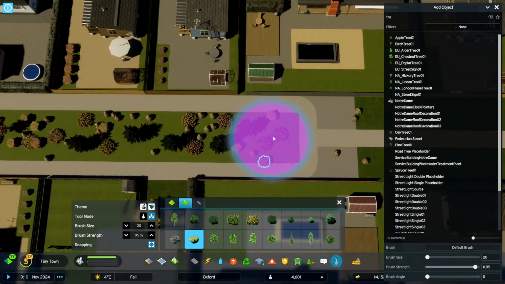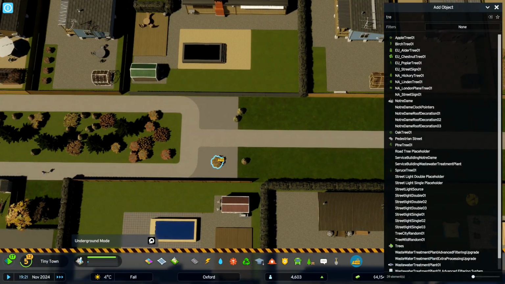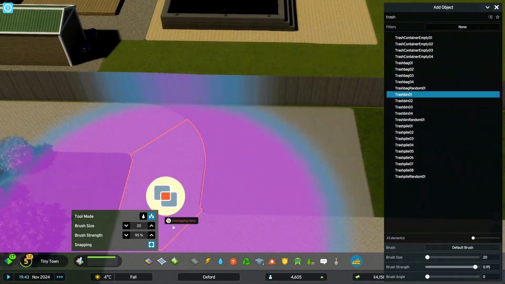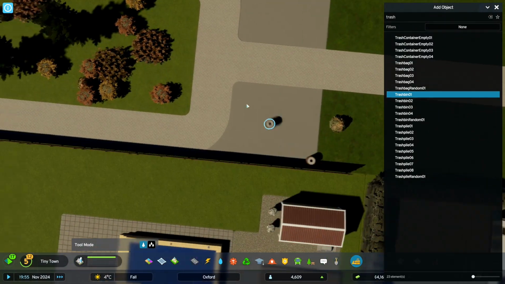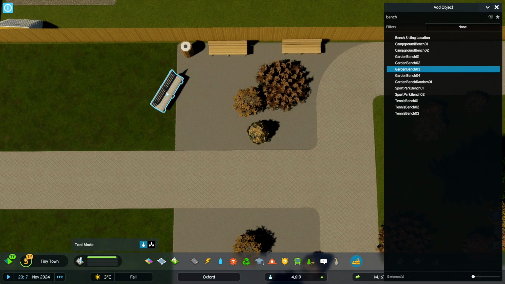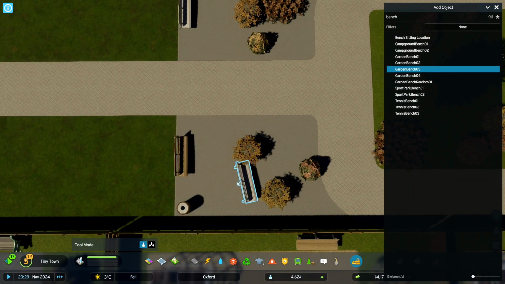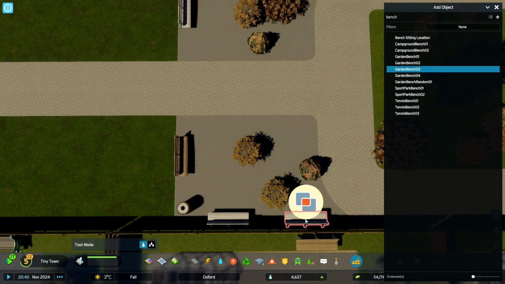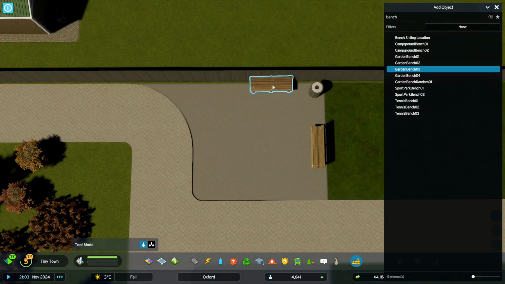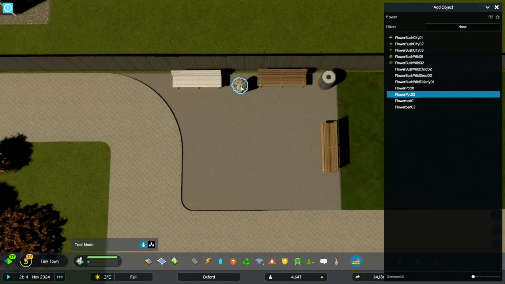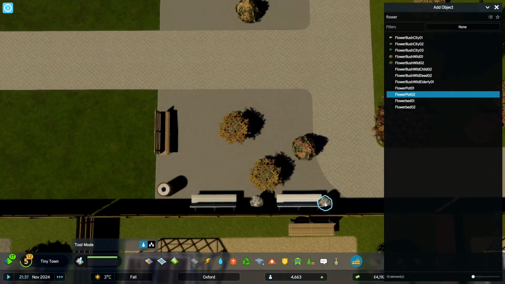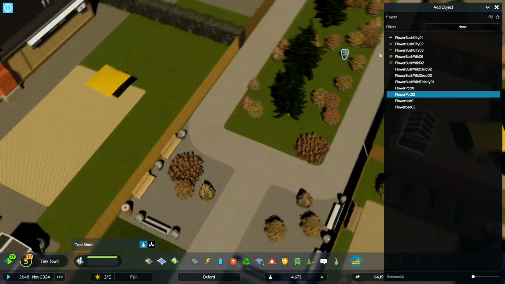Not too worried about the actual placement, so I find it quite easy to just use the group tool, up that intensity quite a bit, and then you can come through and tidy up where some of the trees have gone where you don't want them. So if we do a bit of detailing here, doing it identical in all the corners. So I have a bin and then a couple of benches in each corner. Keeping this quite plain. Then maybe a couple of flower pots just to add a bit of colour to the area. Otherwise, don't really think I'm going to do anything more here.